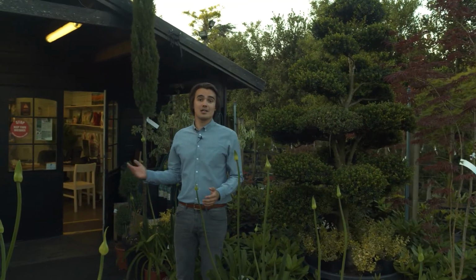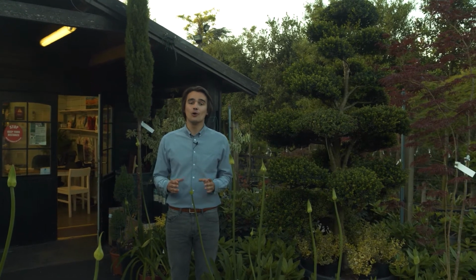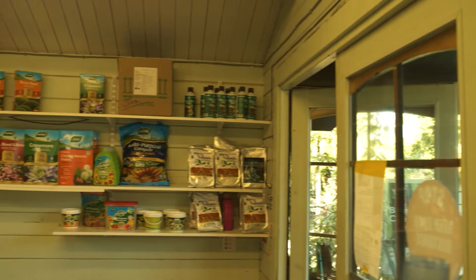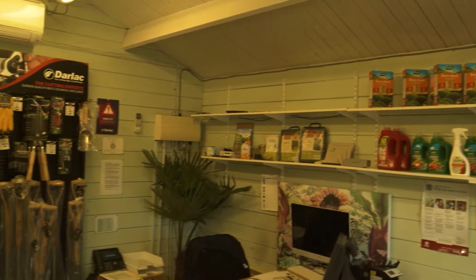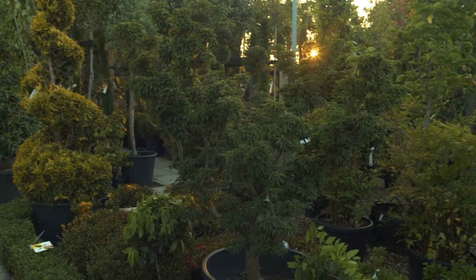Right at the front is our office, where you can find one of our team who will answer any questions you have or direct you to what you'd like to see. We keep all of our garden accessories and tools here too. We also have some hand sanitizer and some umbrellas, so you can visit whatever the weather. We keep a lot of our unique specimens around here, as well as a wide range of ground cover and